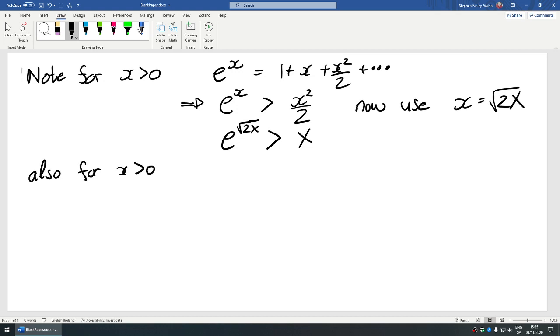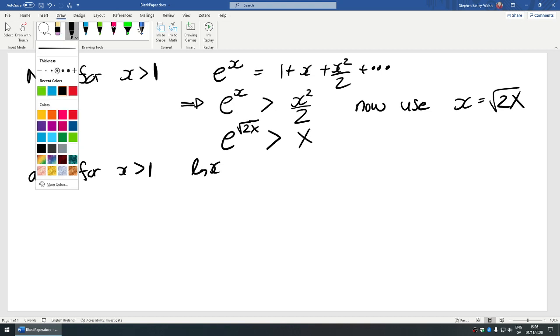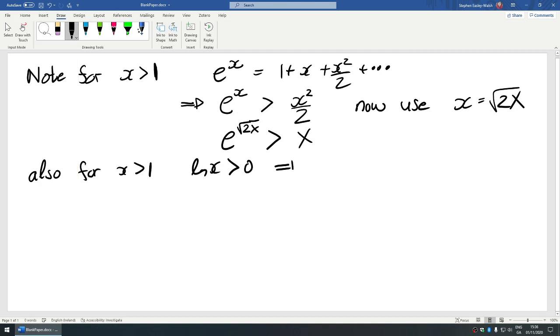also, for x greater than 0, that means log x, x greater than 1. So actually, we might as well keep it consistent and just say x greater than 1. It's still true. Log x will be positive, so that would mean then that log x over x is positive. Now, consider